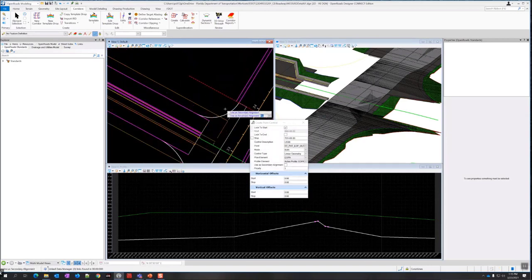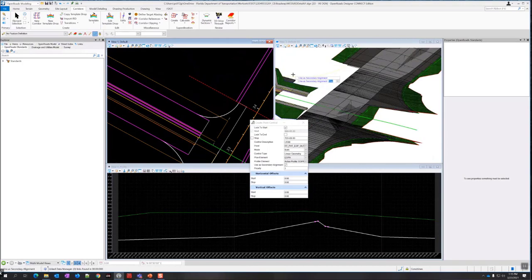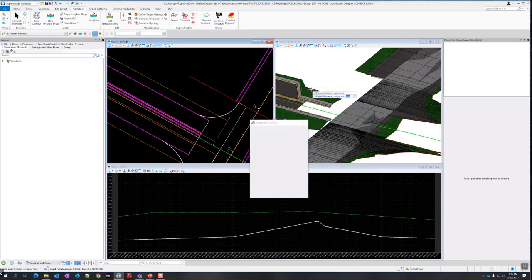And this is important here as well. Check this box, use a secondary alignment. So what this is going to do is solve the whole problem as this radius is turning, so it's becoming perpendicular to the center line that we're following. This corridor was built following this center line, and then we're point controlling it over.